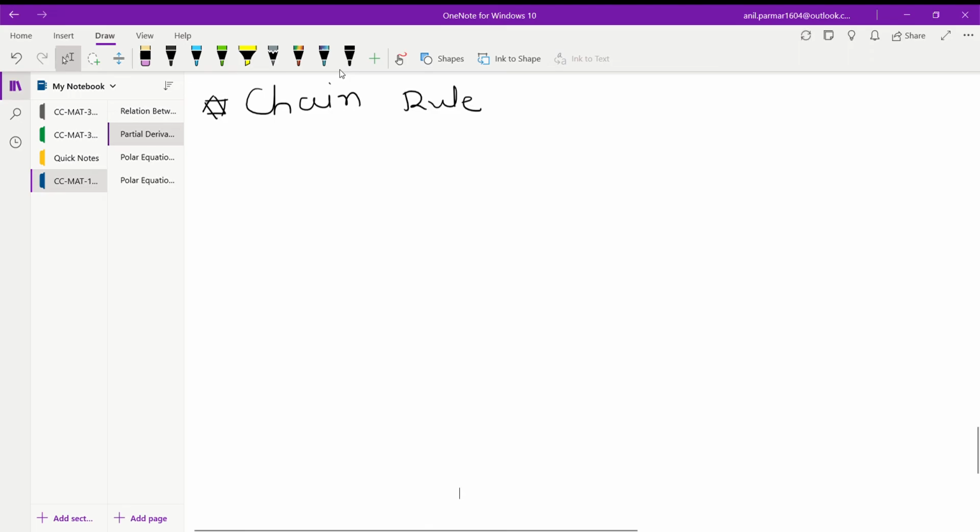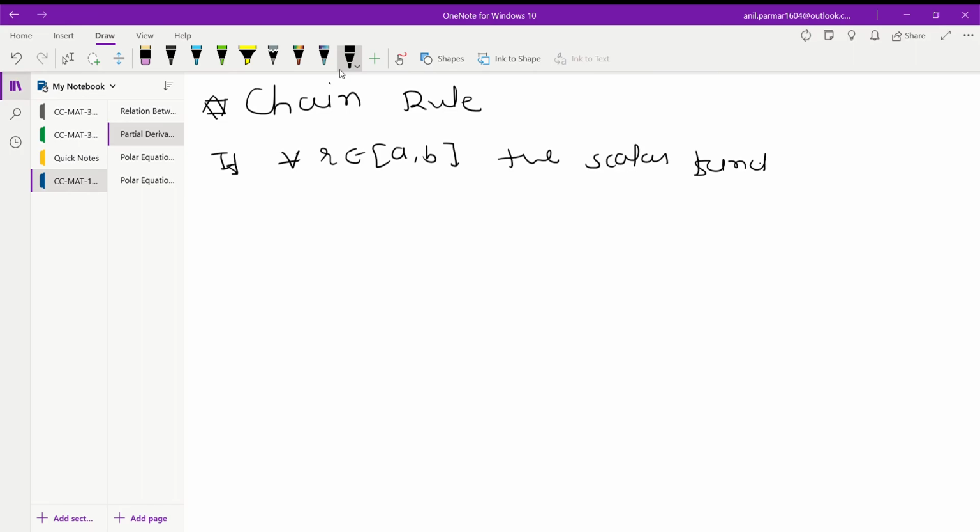So suppose phi be the scalar function, if for all r belongs to closed interval ab, the scalar functions x is equal to x of r, y is equal to y of r, and z is equal to z of r are differentiable